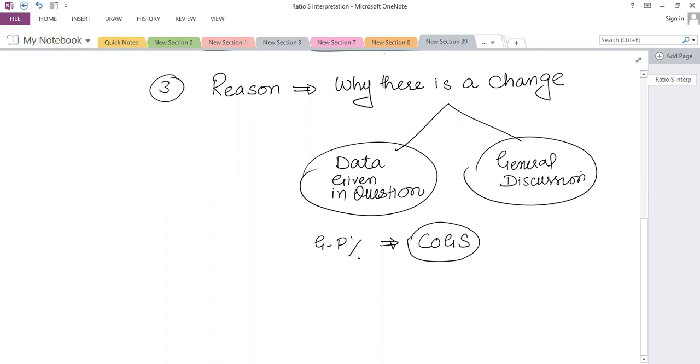I am not going to discuss the calculation side. We will calculate whatever ratios we have to see in the given question. So our focus is to talk about the interpretation side, right? So for example,